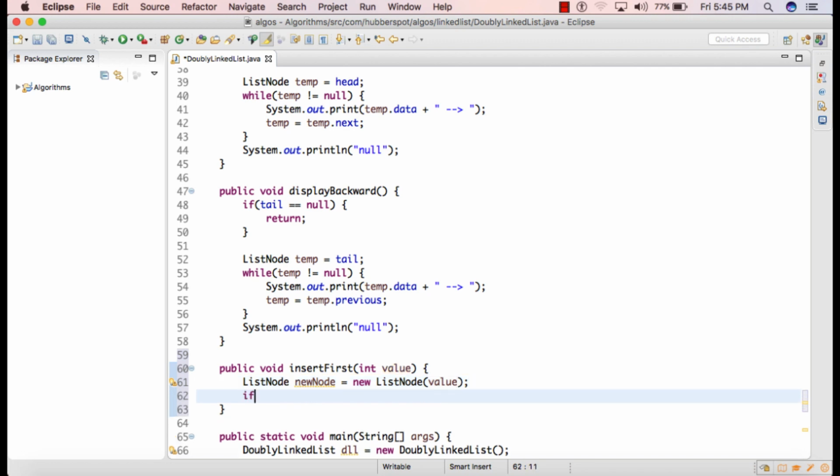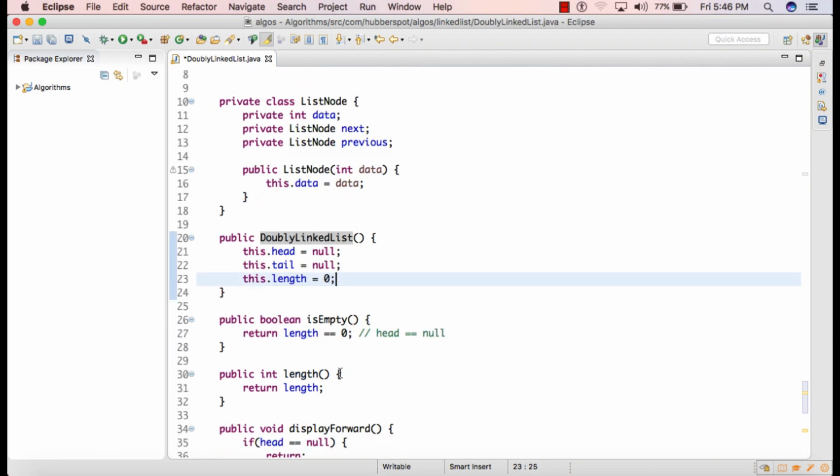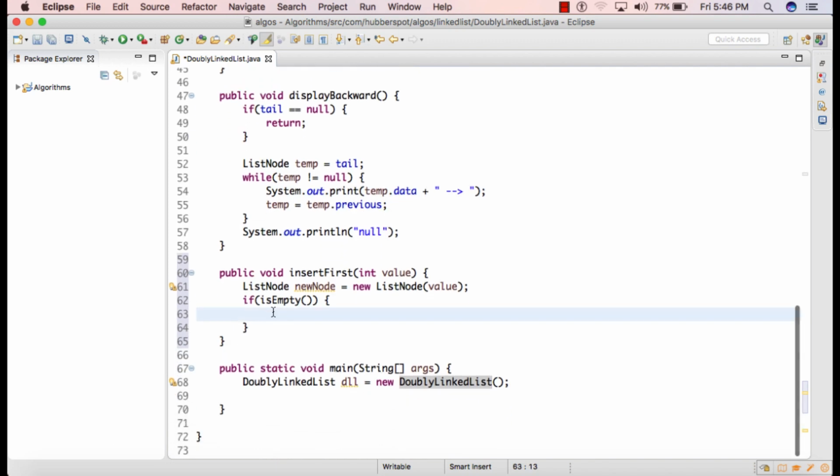Moving ahead, we'll create an if block, and here we'll provide a condition as isEmpty. So here we are checking whether the doubly linked list is empty or not. So currently when we initialize this doubly linked list, head and tail point to null and the length is 0. So isEmpty method returns us a boolean value and checks whether the doubly linked list is empty or not. So if the doubly linked list is empty, then the first step we'll do is assign newNode value to tail,